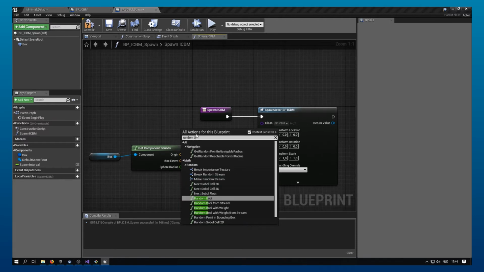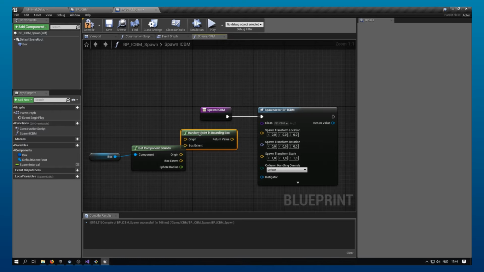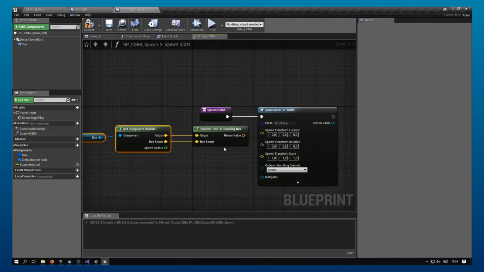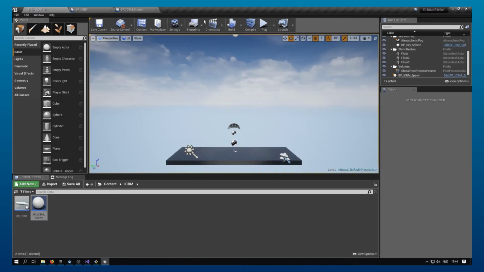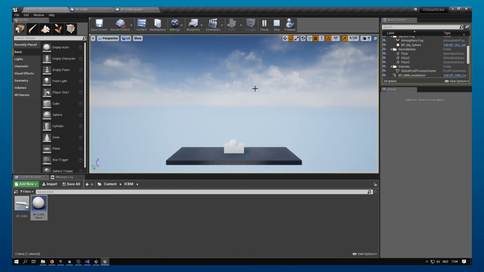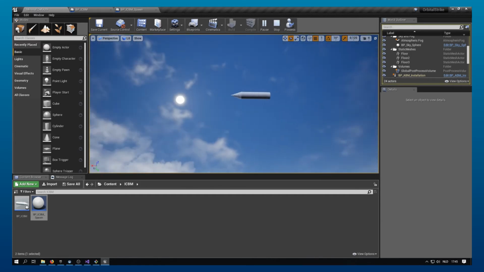Random point in bounding box from the origin and the box extent, and I can use this to set the spawn location. Now when I press play and eject so I can see it, you see that